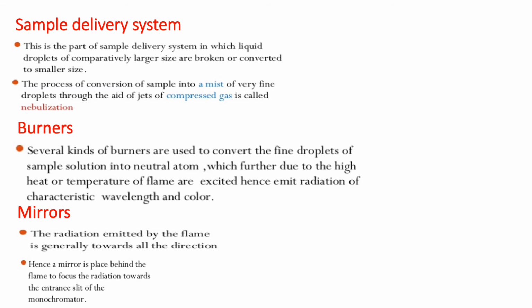We need an oxidant also. The common oxidant is oxygen. We are going to supply compressed air, which supplies oxygen. Natural air contains haze and other things which will block our sample delivery system or flame. So that's why air is taken from the atmosphere and compressed, and that compressed air, which contains oxygen, is supplied, which helps in the combustion of our fuel, that is acetylene, and produces the flame.